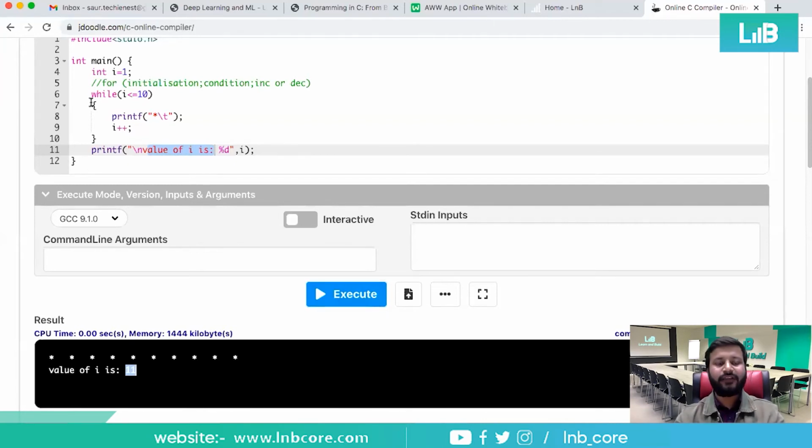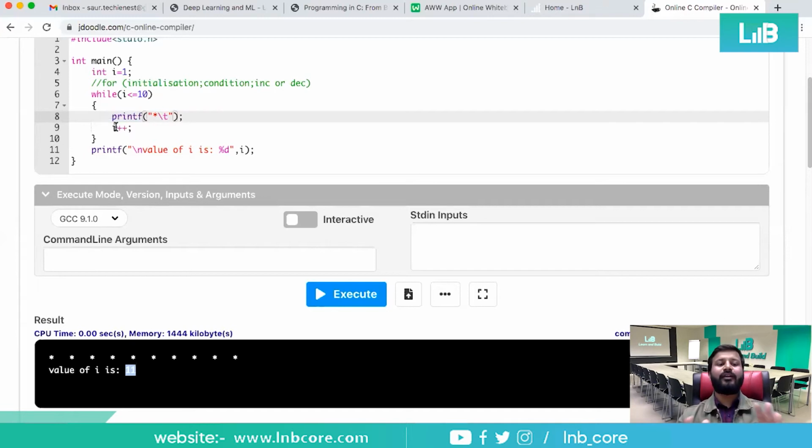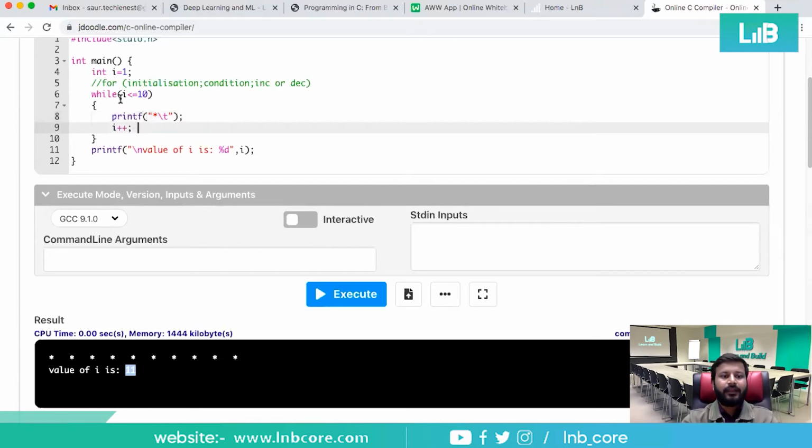So the difference between for and while would be here: whenever you come out of this for loop, the value of i was 10. However, in the while loop, whenever you come out of this loop, it will be incremented by 1, because anyhow, it will be. Let me explain it once again. I hope you have understood, Akriti, the difference between both of them.